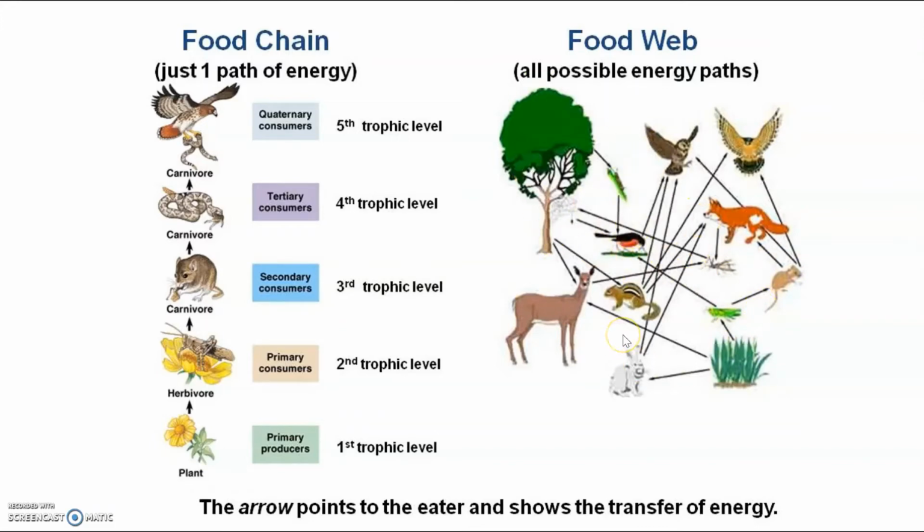In a food web, it's perhaps more difficult to identify the different trophic levels, and some animals can be on more than one trophic level. So it's a less simple model, and in science we tend to like simple models. But this is also a more real-life model. It's a better model of how energy actually moves in real ecosystems. So we have these two different models that we can use when we want to describe the flow of energy in ecosystems.